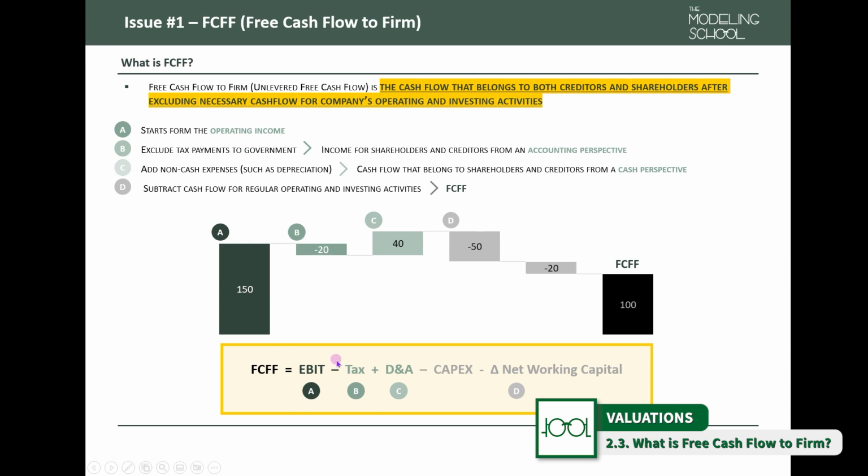There are many different types of formulas, and you can start from cash flow from operations, or you can start from net income. But normally we start from EBIT or operating income. By starting from EBIT, you have already excluded labor costs, marketing expenses, R&D. We've excluded depreciation and so on. So we've excluded all of the operating expenses by starting from EBIT, and then we exclude tax, because tax, the